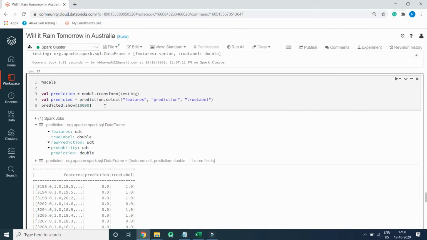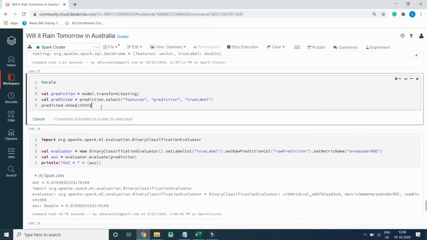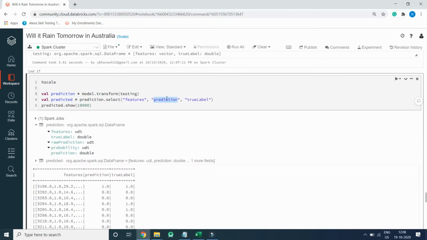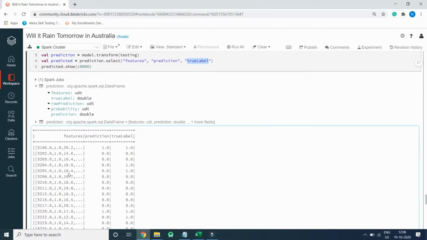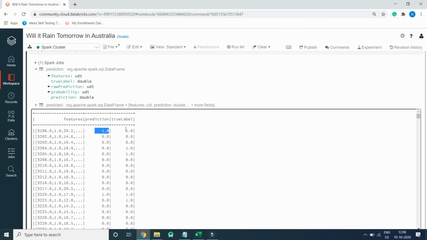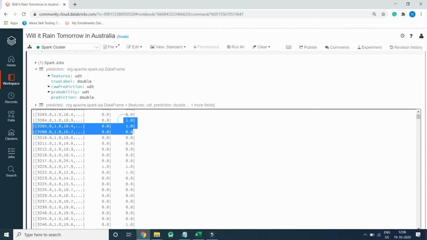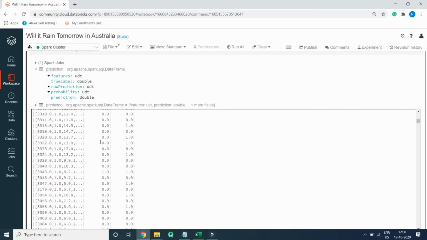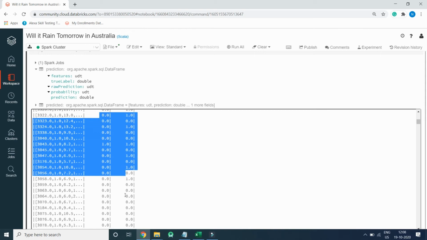We have around 44,000 records. We will only display 10,000 records. So this is how we will predict. This is the predicted values. This is the true value. So here for this record, predicted value is 1 and true label is also 1. So here you can see data has been displayed correctly, and for few records it won't give you 100%, but for maximum number of records, the prediction is correct.